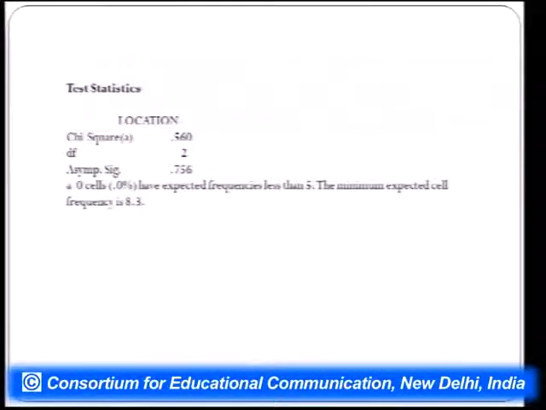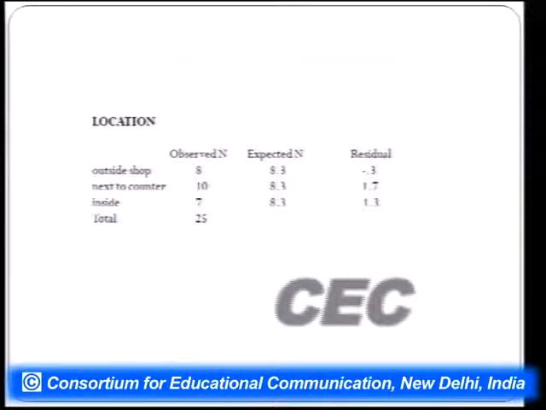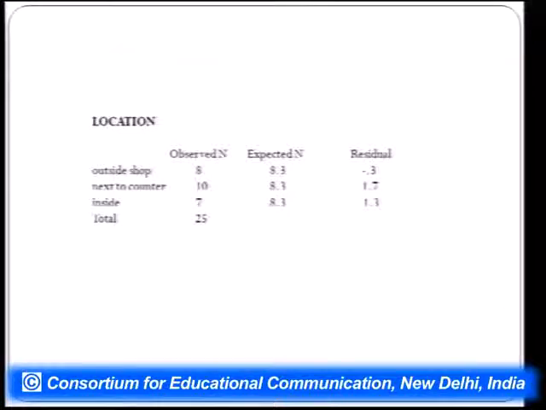Now, the chi-square statistic is calculated using SPSS. This is the SPSS output, and it indicates that the chi-square value comes out to be 0.560. Looking at the previous table, if we square this residual and divide it by expected, that means minus 0.3 square divided by 8.3, similarly 1.7 square divided by 8.3, similarly minus 1.3 square divided by 8.3. If we add all these three, then the value that we will get is